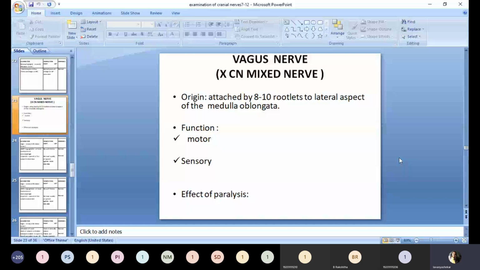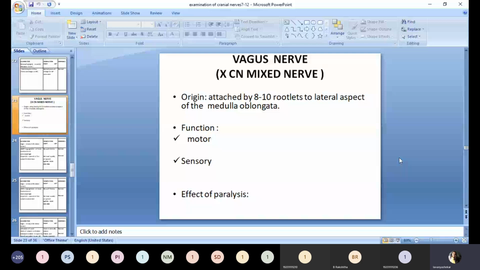In case there is a paralysis or a lesion to the vagus nerve, the subject mainly complains of regurgitation of fluids through the nose during swallowing due to the defective elevation of your soft palate. I repeat, in case there is a paralysis to the vagus nerve, the individual will complain of the regurgitation of fluids through the nose during swallowing due to the defective elevation of the soft palate. Also, there will be defective pronouncing of the words because it requires the complete closure of